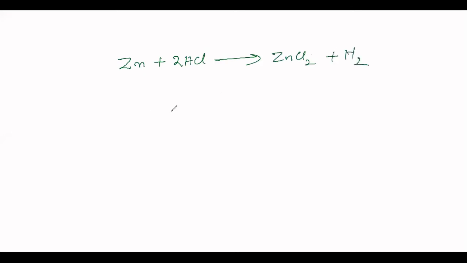This is the equation. Now in this case, before we actually go into the options, let's see what exactly is happening here. Zinc 0 oxidation state. It is getting converted to +2 oxidation state here. Hydrogen +1 oxidation state, Cl -1 oxidation state. In this also it is -1 only because it is in the combined state. Hydrogen, here it is 0, which means hydrogen is getting reduced, zinc is getting oxidized.